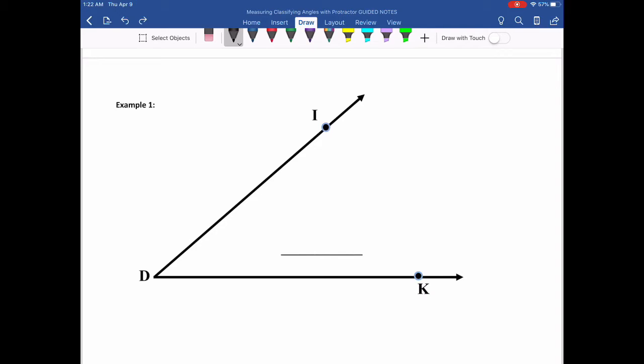Okay, now let's move on to measuring angles with a protractor. Now this is an E-lesson. This is a video lesson, so it's kind of hard to do this when you don't have your own protractor. But when you do your IXL assignment, or when you do these online, a lot of times they can throw a protractor up there on the screen, and you can manipulate it, turn it, rotate it, and get it to where you need it to be so that you can measure the